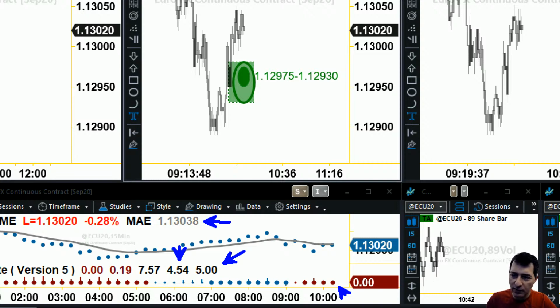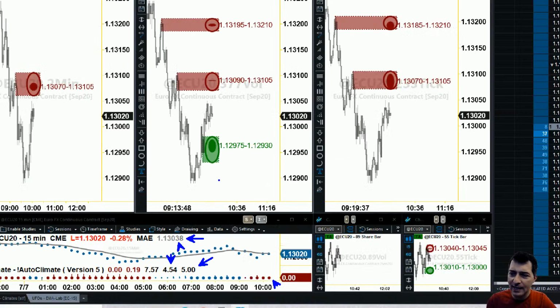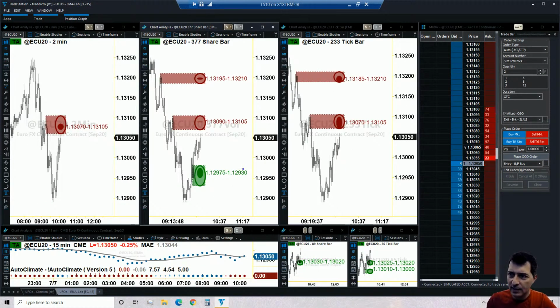Now, the reference point for us to take a trade on the Euro is 113.03. That would be the reference. And where are we at? Well, we are trading at 05, which is a bit higher, so that's not so good. But the worst part really is not that price is a bit higher. The worst part is that at 03, which is our reference point, there are no UFOs, red colored UFOs, at this price point, 113.03, which is the reference.